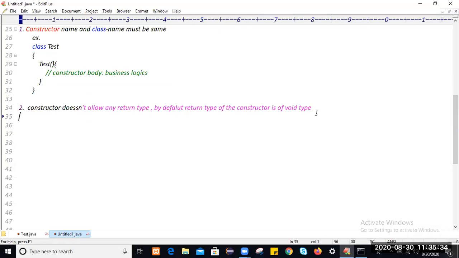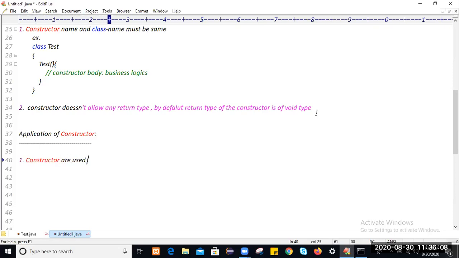Yes, let's see what the applications of a constructor are. We can declare a constructor within the class. You know, we can declare a method within the class, and there are some applications of a method. When you declare a method within the class, that method is used to write the business logics. Similarly, what are the applications of a constructor? There are only two applications of a constructor. What are those?